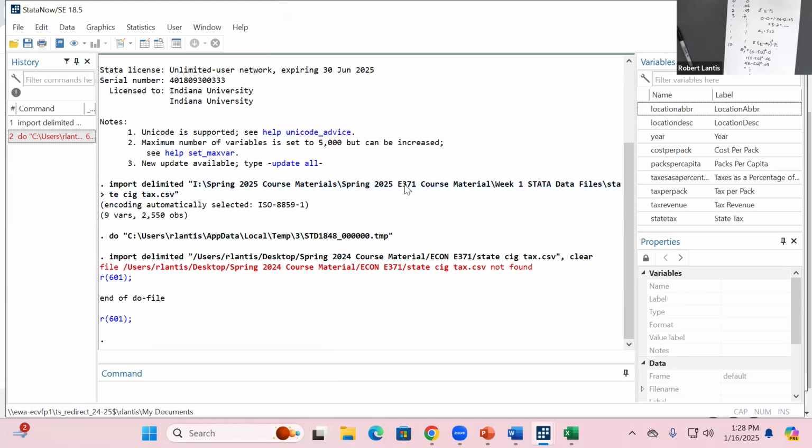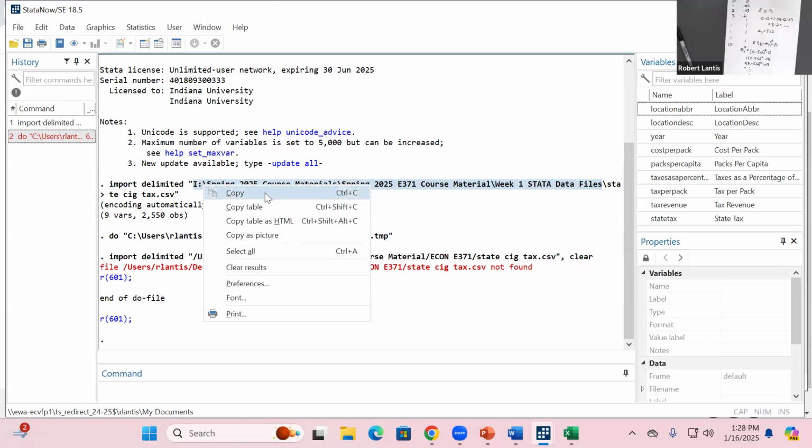Now, mine is in all of these folders. So for you, this might not be as long. This might be you create a folder that's E371, and that's all you have here. I've got mine under Spring 2025 materials in this folder. So where that state cigarette text file is on my OneDrive, I need this entire file path. Once again, for you, I would just try to create one folder so you don't have a bunch of them. So you always have the same file path, because what I can do is I'm going to copy this,